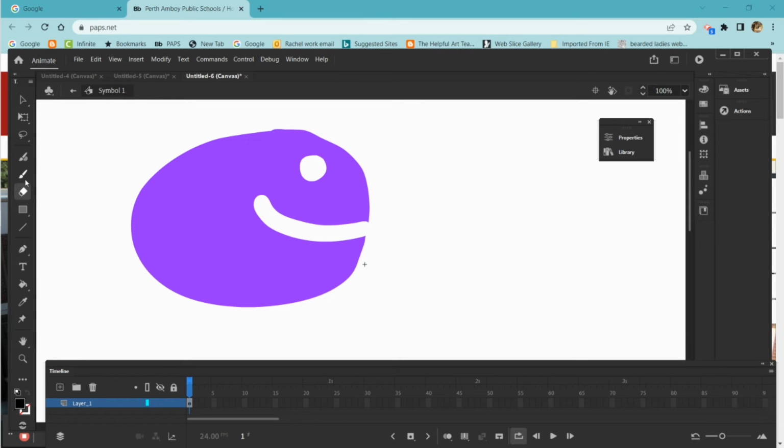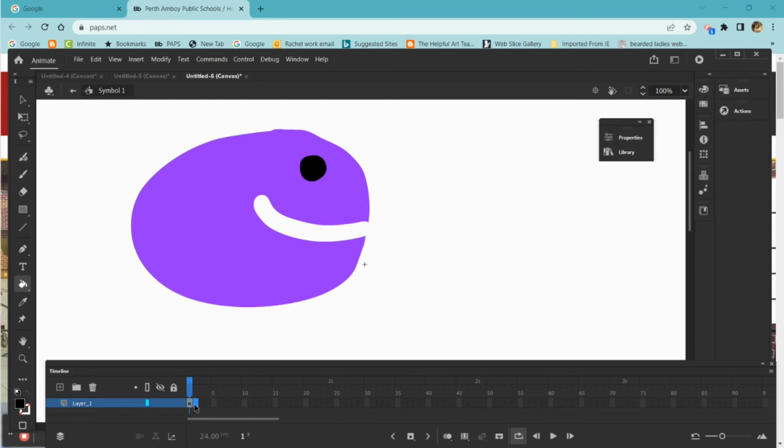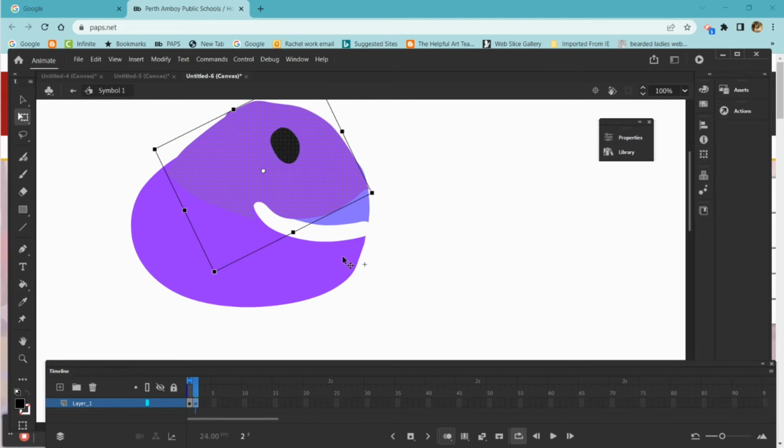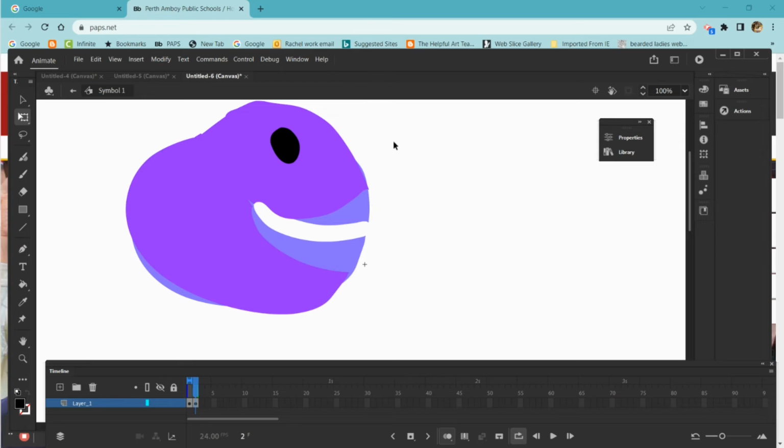And then what I'm going to do is I'm going to copy it, put it in the second frame, and I'm actually just using the lasso tool to make the mouth look like it's opening. So I use the lasso tool to lasso the top half of the mouth, and then using the free transform tool, rotate it, and then use the lasso to do the same thing with the bottom half of the mouth. It was very inexact and rough, so I had to go back in with a paintbrush and an eraser and fix it. But essentially, I created a sequence of frames of the mouth opening,